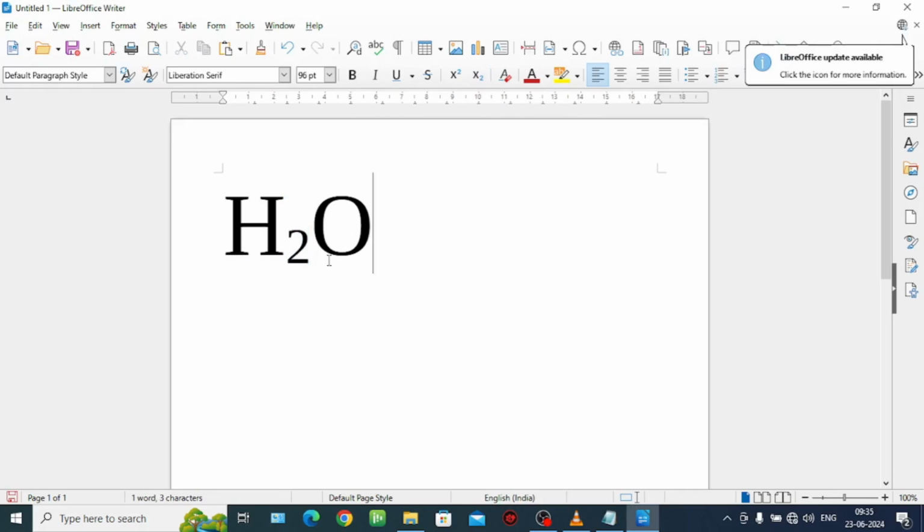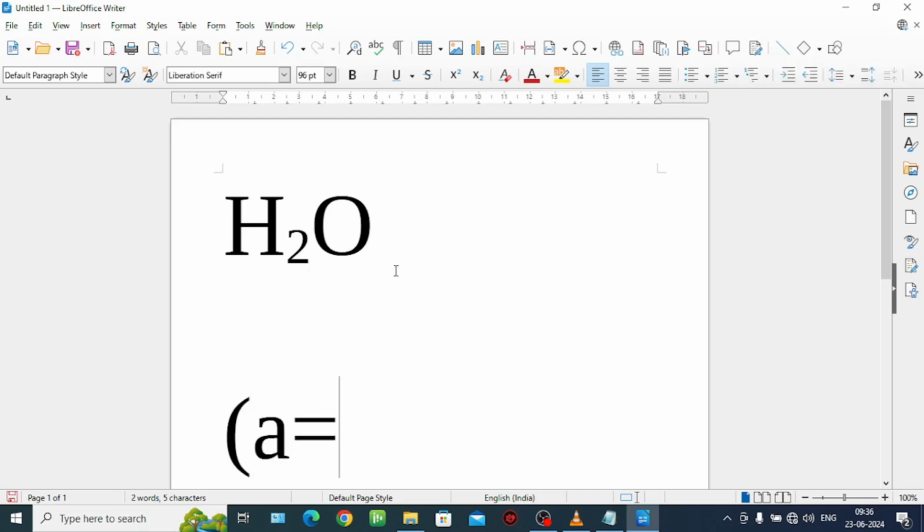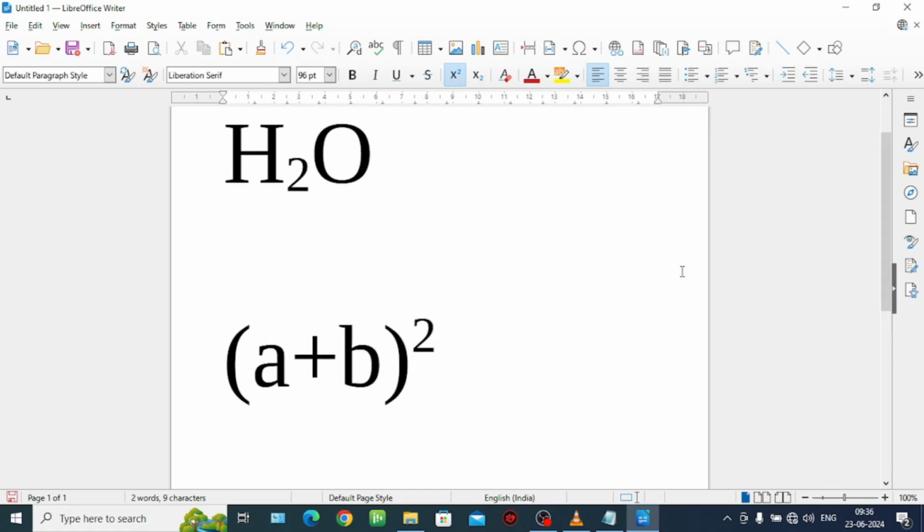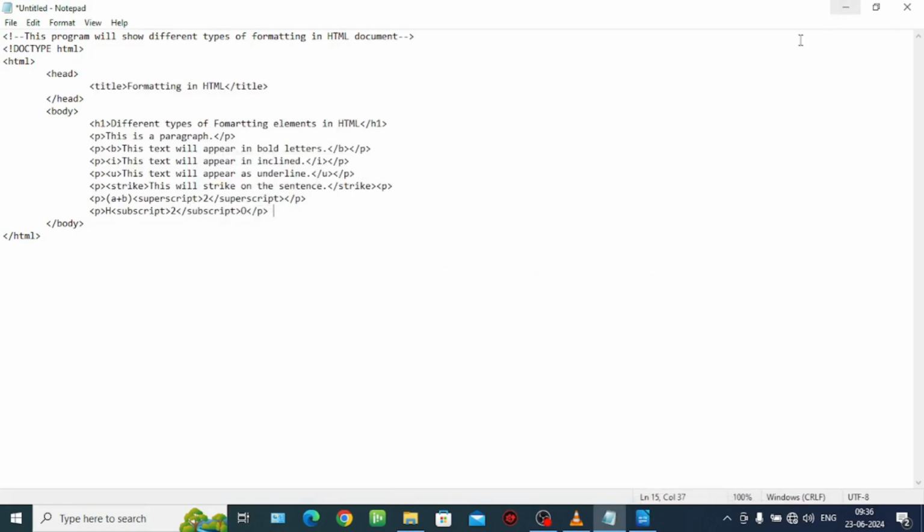So the output will be displayed like this, and for (a+b) whole square it will appear like this. I will use superscript like this. I think now you're able to understand how the appearance of the text will be shown in the output. So once it is done,